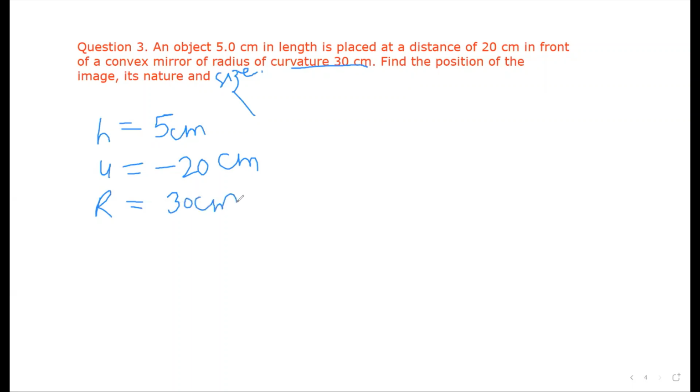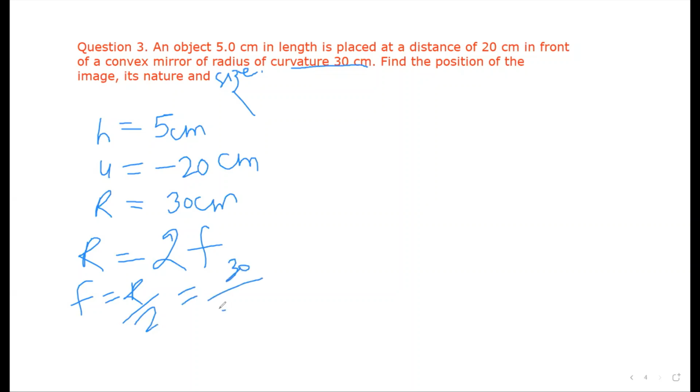So, when we did the ray diagram, you remember radius of curvature is what? That is double of focal length. So if you find here f will be what? That is r by 2. So this will be 30 upon 2. So how much focal length are you getting here? It is 15 centimeter. So from radius of curvature, by dividing by 2, we can get focal length easily. By dividing by 2 only, that is 15 centimeter here.